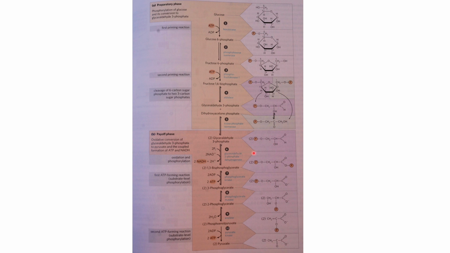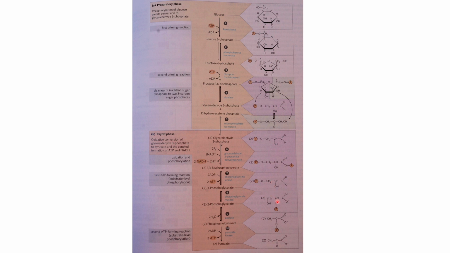That forms the molecule 1,3-bisphosphoglycerate, which is represented here. And then 2 ATPs result from this. This has 2 phosphates attached to it, and one of these is hydrolyzed off, and you get 2 ATPs. So there's some energy that is produced at this point. You get from this 3-phosphoglycerate, which is here, and then another enzyme, phosphoglycerate mutase,